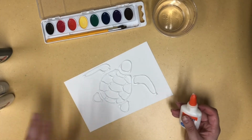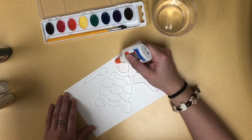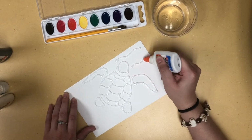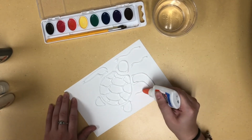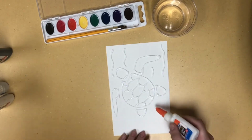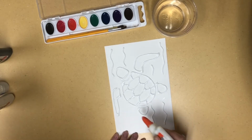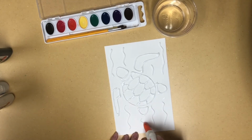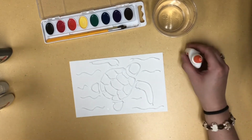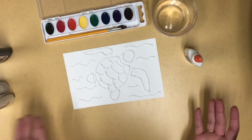Alright, so there is our lovely sea turtle, and just to give the effect that he is swimming in the gorgeous ocean blue, I'm going to be adding some little waves. You can add seaweed, other fish even. You can do whatever you want here. You can make them on the beach and have like sand and stuff. Boom. Alright, so there is my sea turtle all drawn out with glue, and now this is the unfortunate part